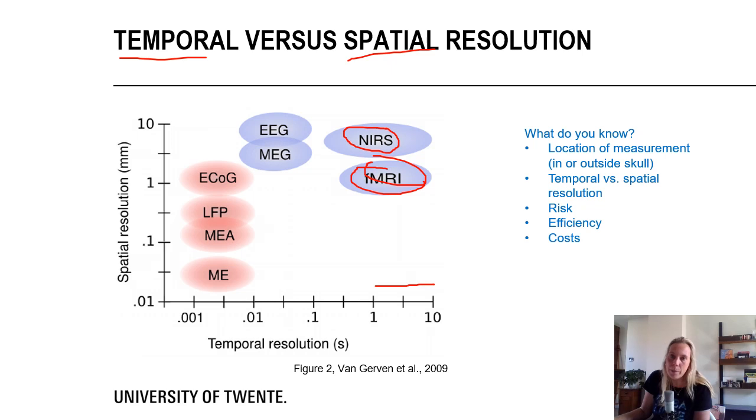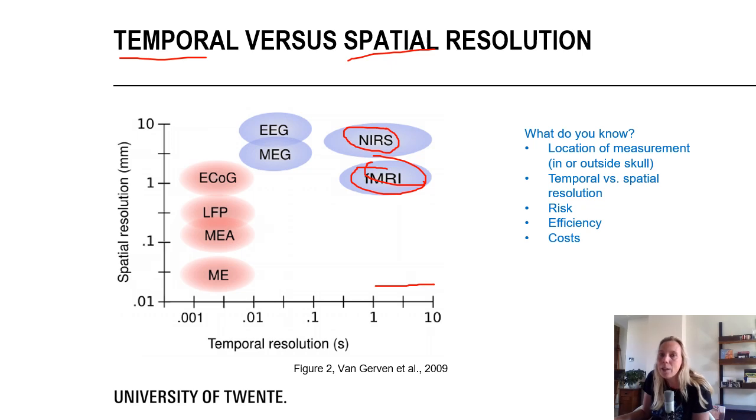So let's look at these neuroimaging techniques in terms of risk, efficiency, and cost. The cheapest way to obtain brain signals is by measuring the EEG. It's also quite efficient because I can place an electrode cap on your head, I think, in about 5 minutes. Okay, I have some practice, but let's say most people can do this within half an hour. You can place the electrodes on the head and start measuring. Whereas if I need to give you a brain implant or implant electrodes onto your skull or into your skull, I need an operation. So it's a lot less efficient than